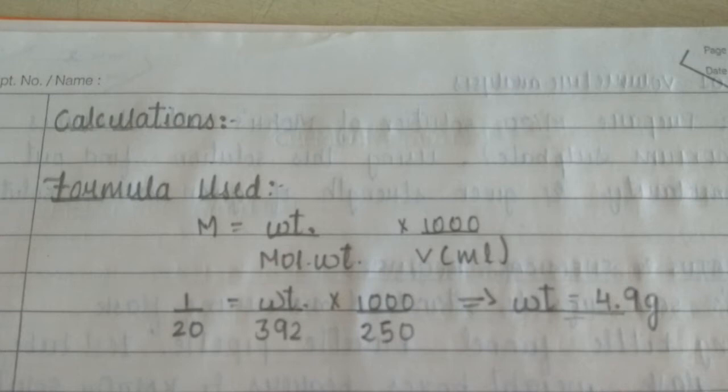Okay, so we are going to begin with this. Observe it very carefully, because when the school reopens, it will not be repeated. You will be directly asked to prepare it. Dear students, as I told you, first of all we are going to prepare the Mohr salt solution, and you can see that is your ferrous ammonium sulfate. So we are going to take this and we need to switch on the weighing machine.